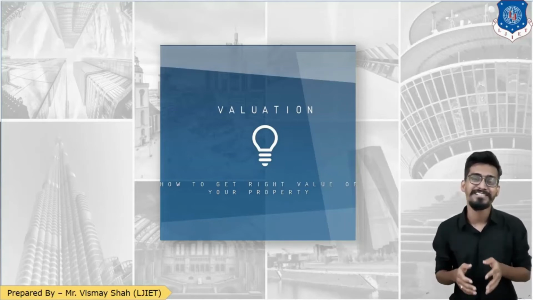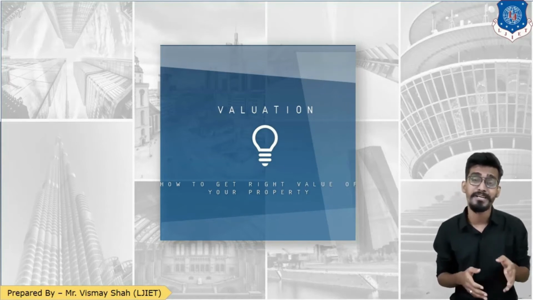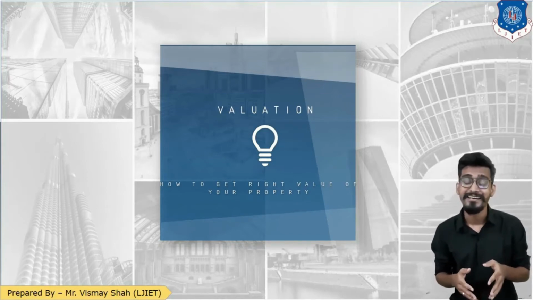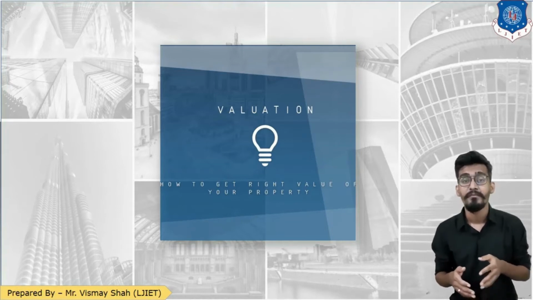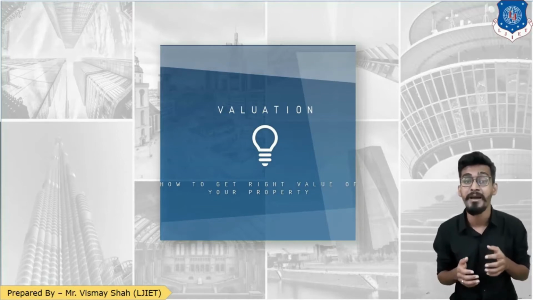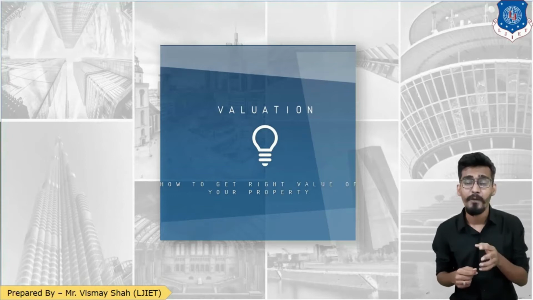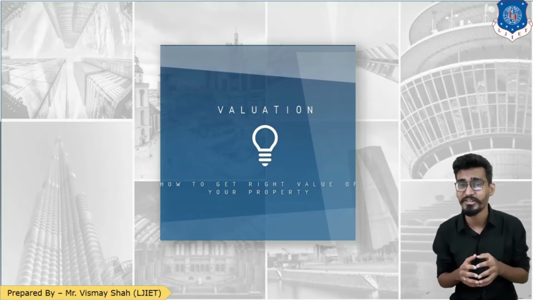So till now in the lecture series of valuation, we have covered cost, price, value, what is valuation, factors affecting the value of a property, then we have seen purpose or objectives of the valuation. Then in the second lecture of the valuation lecture series, we have seen mortgage, freehold, leasehold, net income, gross income, outgoings. Then in the third session of the lecture series, we have started discussing about depreciation, obsolescence, type of depreciation, types of obsolescence, methods for calculating depreciation, straight line method of depreciation.